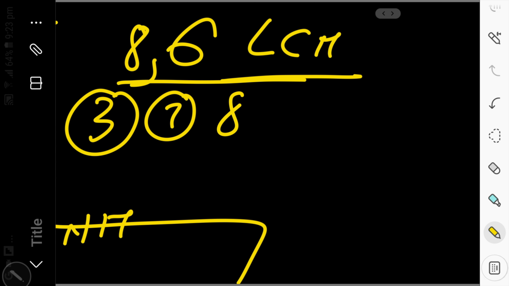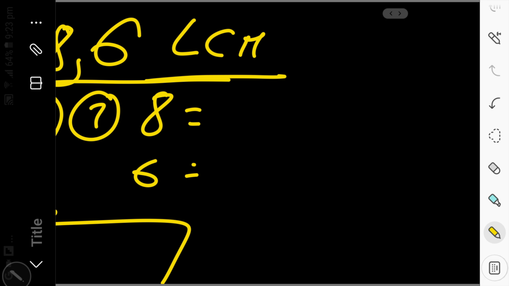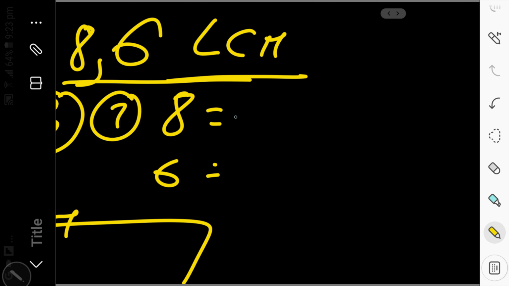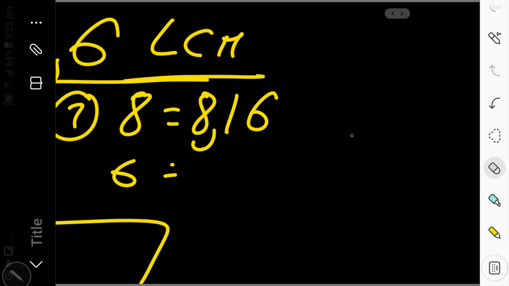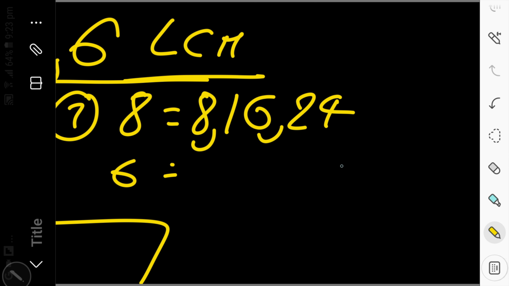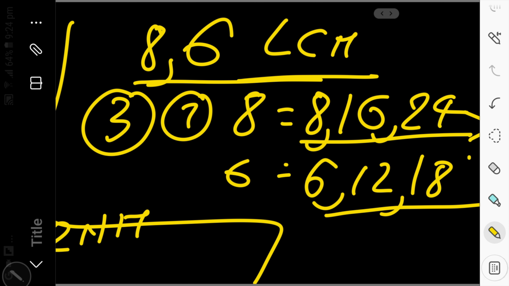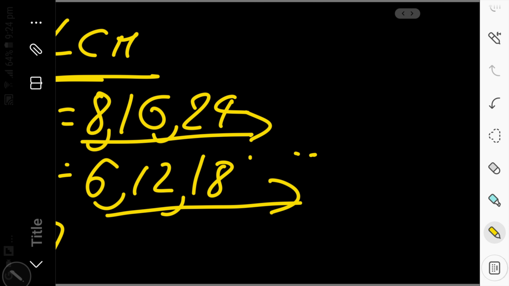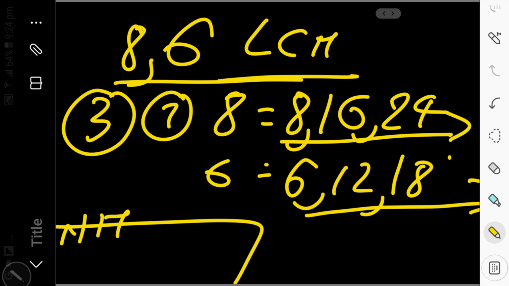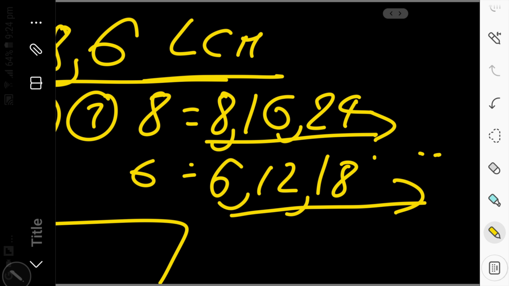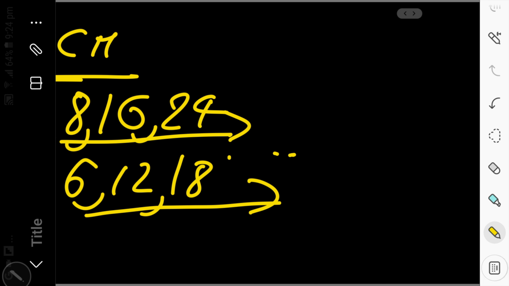Just like at first, we list the multiplication table of each. 8 ones are 8, 8 twos are 16, 8 threes are 24, and so on. Or we can do 6 ones are 6, 6 twos are 12, 6 threes are 18, and so on. This is the first method of finding LCM by using the multiplication table, and whenever there is a common multiple,